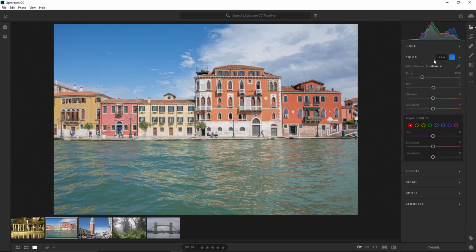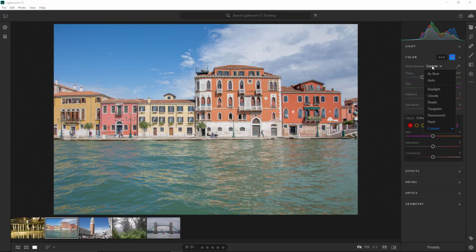And that brings back the color mixer. We will start at the top. The first setting that you will notice in the color panel is the white balance, which helps you remove color casts. A color cast is an unwanted tint in the photo due to the lighting, the white balance of the camera, or the lighting conditions when you shot your photo.